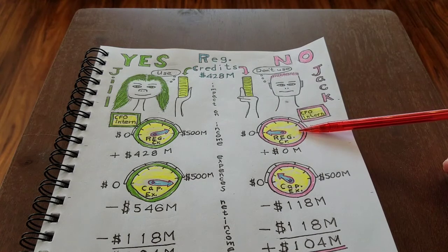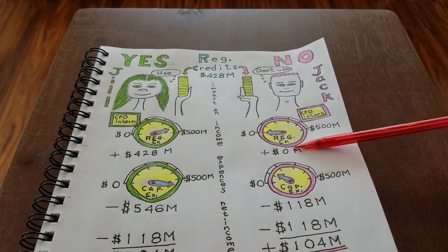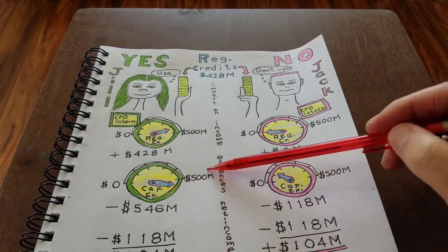It just gives the Wall Street analyst something to talk about. So he doesn't take any of the regulatory credits. So on the income side, there's 0 regulatory credits. So coming over here on